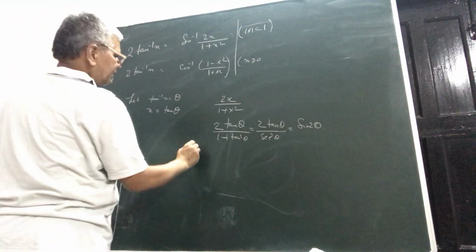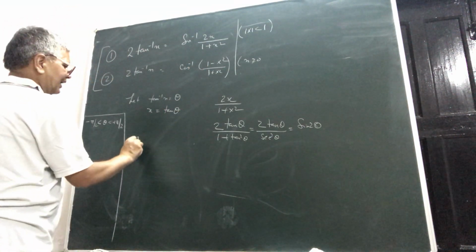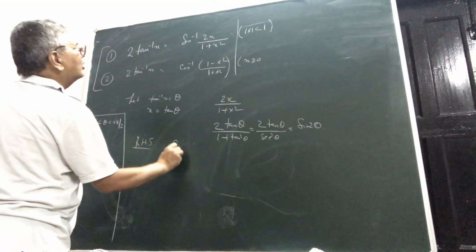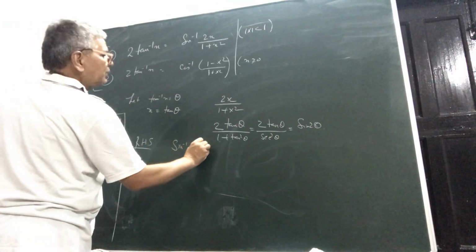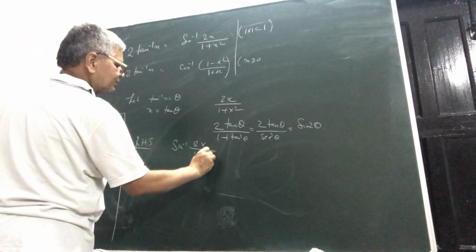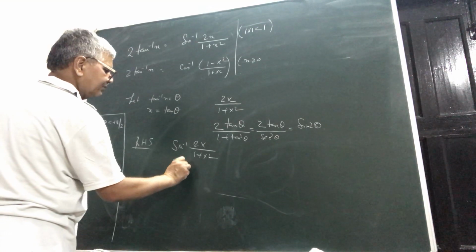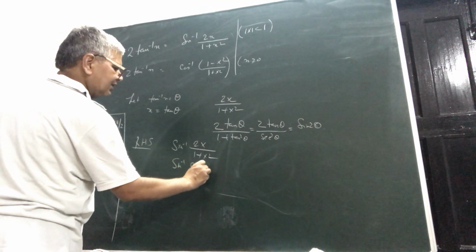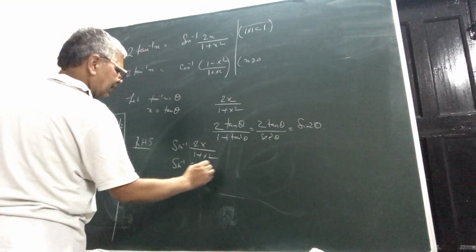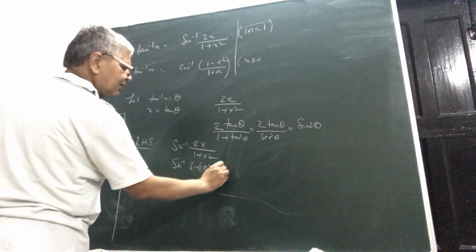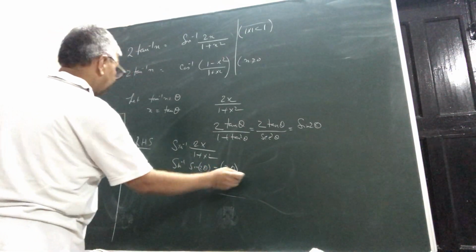And therefore, now let us take the right hand side. Right hand side is what? Sine inverse 2x upon 1 plus x square. So what is it? Sine inverse sine 2 theta. So sine inverse sine 2 theta is what? 2 theta. Because you have already seen